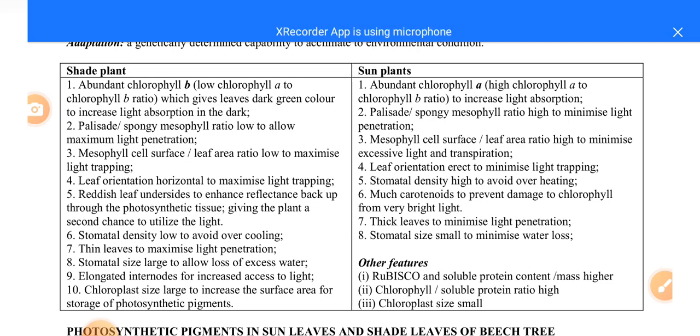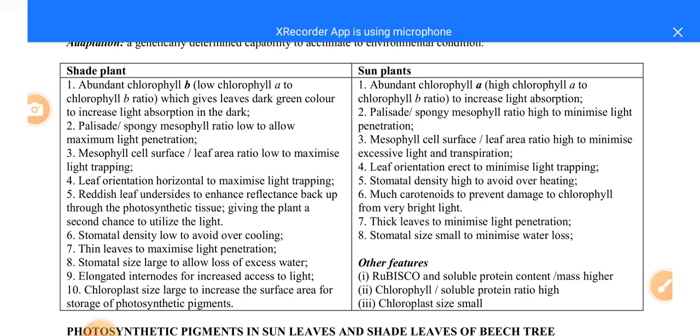penetration. Then number 8, we shall look at what we call the stomata size, which is small to minimize water loss, because these sun leaves receive light directly from the sun. Now other features we can look at: the rubisco and the soluble protein content, or the mass is